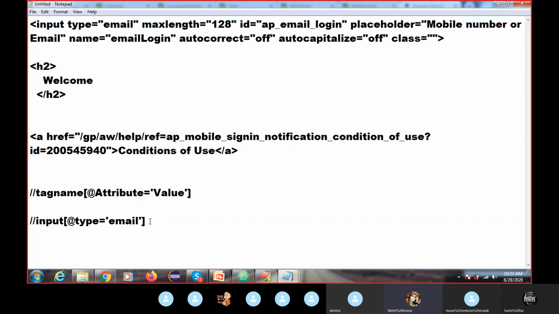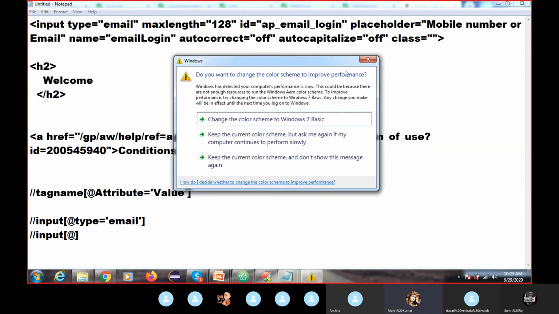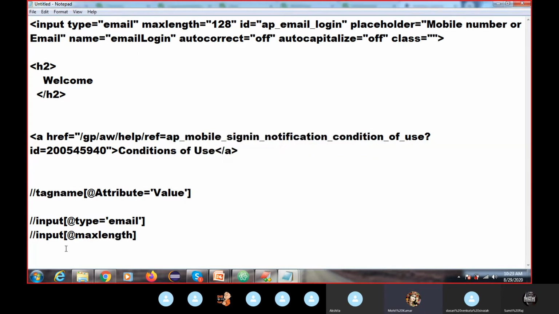Again I am writing for another. What is another attribute I can take? I'm not going to tell you which one to use, I am just focusing on the attribute part. From here you can also find another attribute, and this is another value.